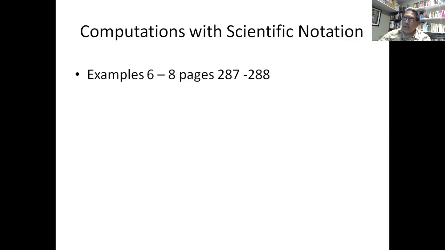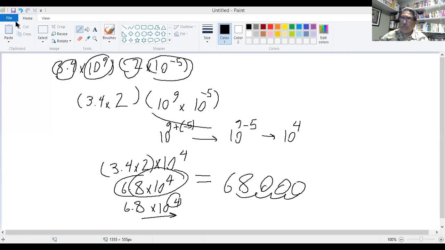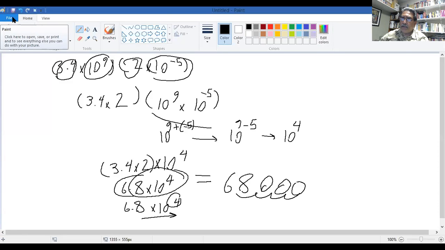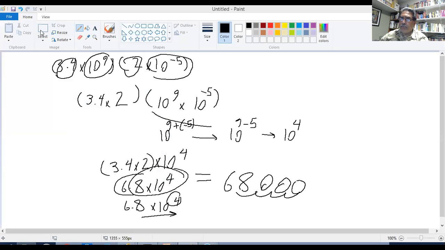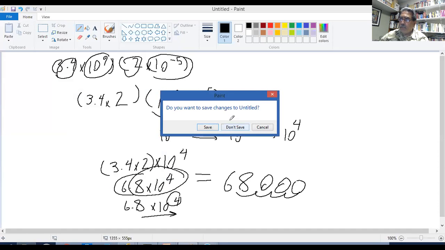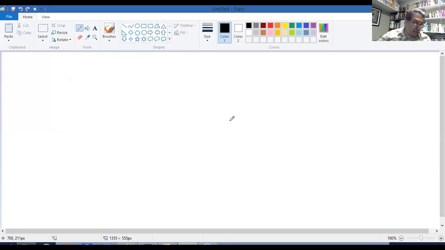Okay. And I think that's it. Let's see if anything else needs to be done. Let's do example 8 on page 288. And with this, we finished. Okay. Example 8,